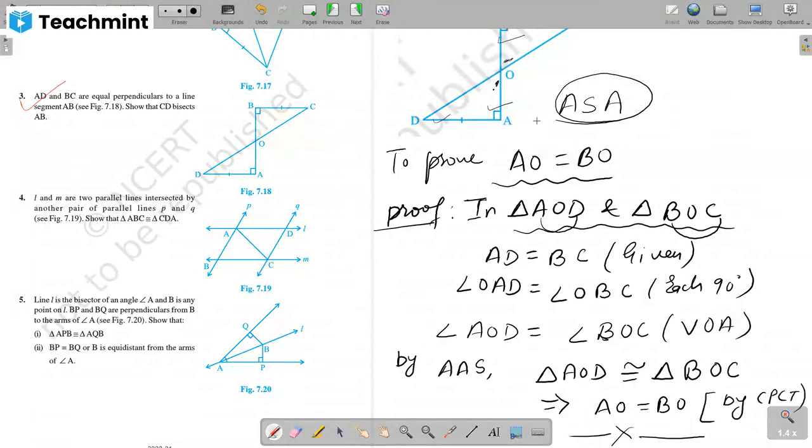Another doubt? Ma'am, if we have done it by AAS, do we have to show that we can do it also by ASA? No need. You can use any one of these two methods. We have to use any one method. No need to show that this is also correct because if two angles are equal, ultimately the third one will also be equal. So it's understood; no need to prove. Any other doubt?